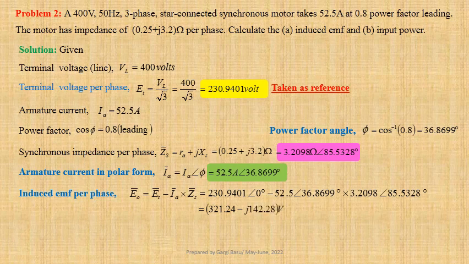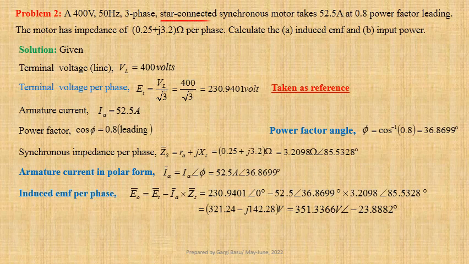This may be written in polar form as 351.3366 volt at an angle minus 23.8882 degree. Since the armature winding is star connected, line to line induced EMF E0 line equals root 3 times E0, that is equal to root 3 into 351.3366, that gives us